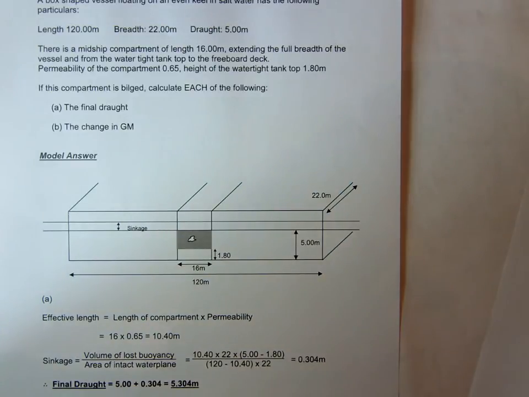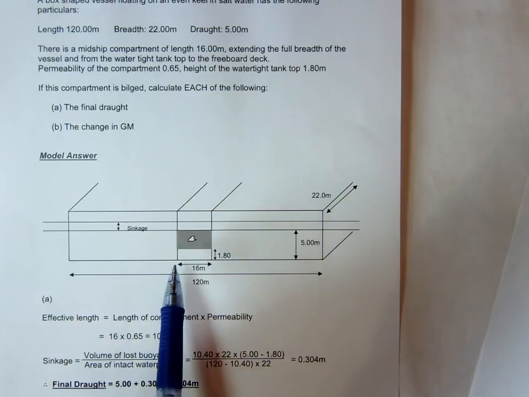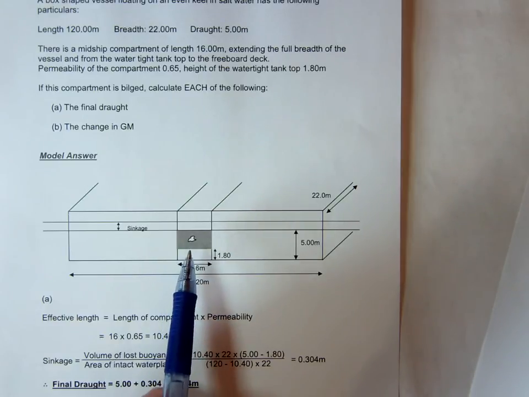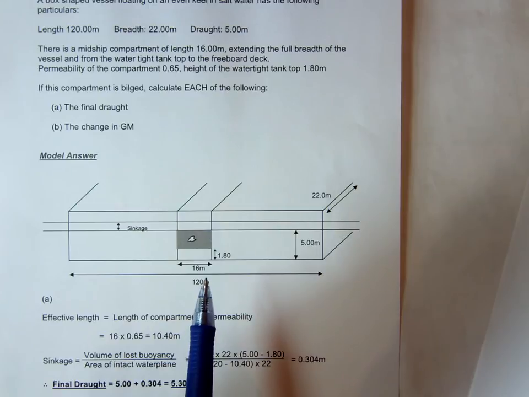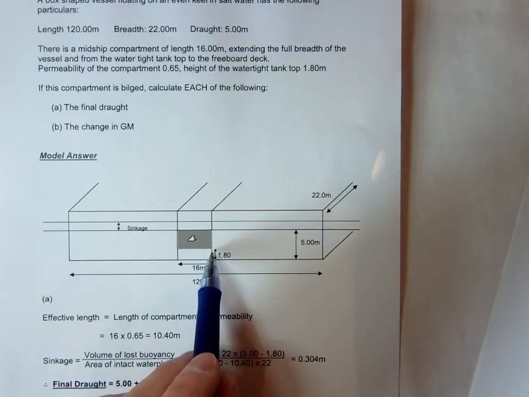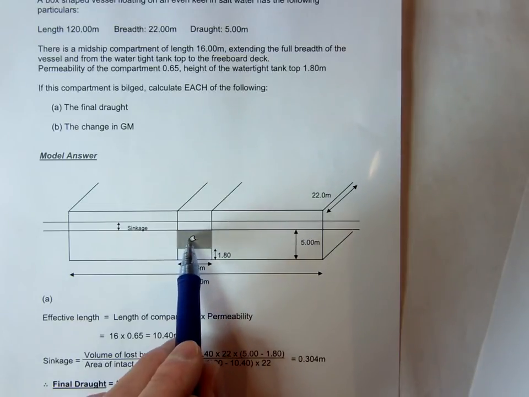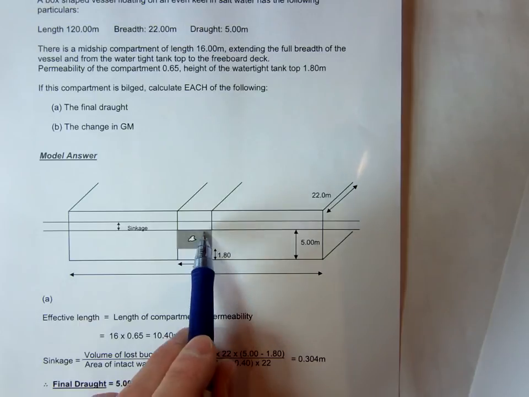We'll have a look at a bilging problem here where we have a box-shaped vessel, even keel, saltwater, length, breadth and draft, with a midship compartment, length 16 metres, extending the full breadth, and from the watertight tank top to the freeboard deck, so from the tank top to the deck, has a permeability of 0.65, the compartment, and the height of the watertight tank top is 1.8. So we've got 1.8 here, then we've got the compartment that's bilged here from that 1.8 up to the draft